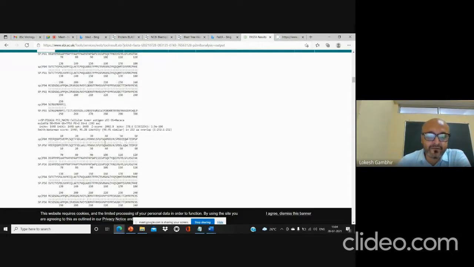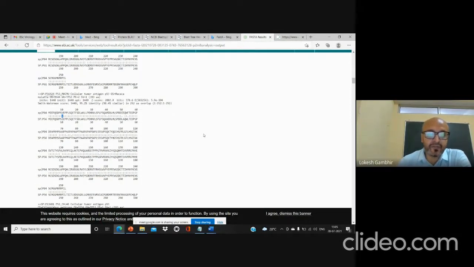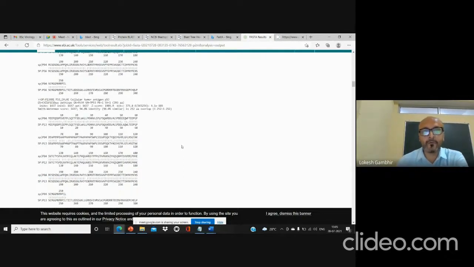And the mismatch, if you look closely here, let's talk about this particular residue. V is not matching with I. That's why there is a single dot. There is no colon. So a perfect match is a colon, a mismatch is a dot, and if there is no match, a gap is there. It is represented as a line. So that is how the complete alignment is provided.